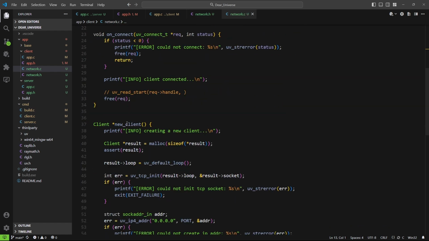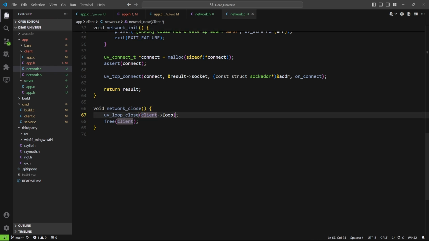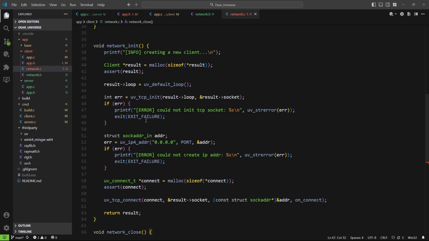And this is no longer new client, this is now network init, and this is network close. And here we just use client.loop,